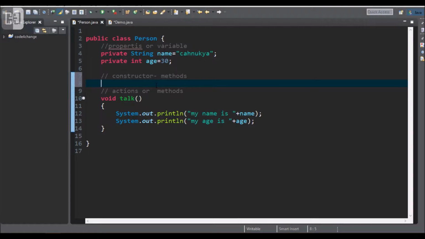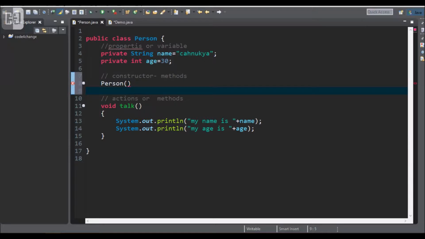Let us see here. To define a constructor, we use the same name as the class. Here the class name is person, so for the constructor we define the name as person. As I have said previously, a constructor is a method, so we give some braces after that.